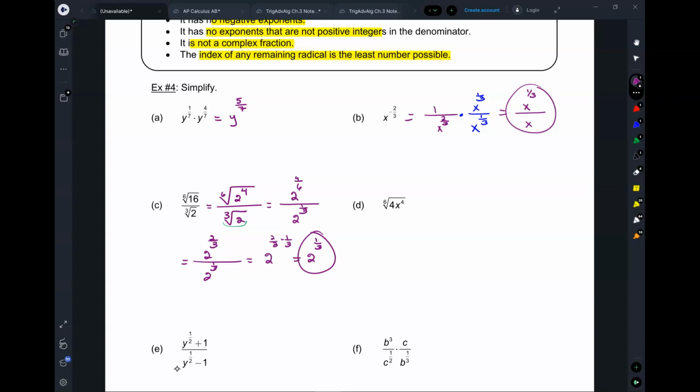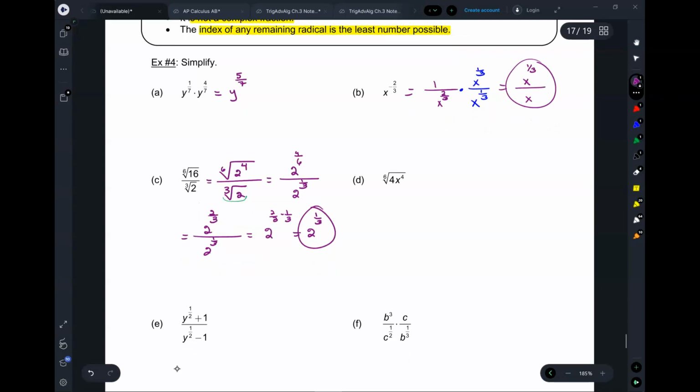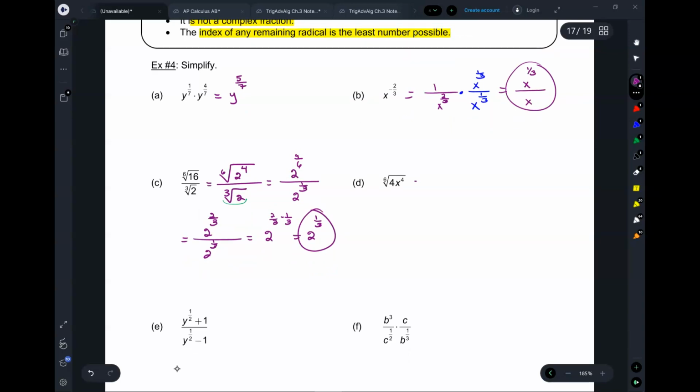Okay, let's do another one. 6th root of all this. But look, is the 4 made up of different powers? What's the elemental base that the 4 is made of? 2 squared. And then you have x to the 4. So